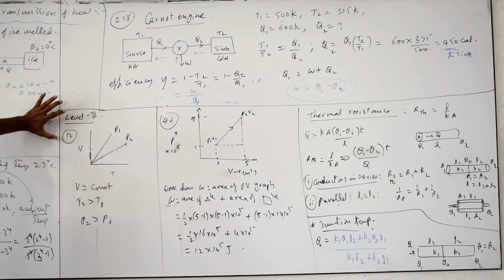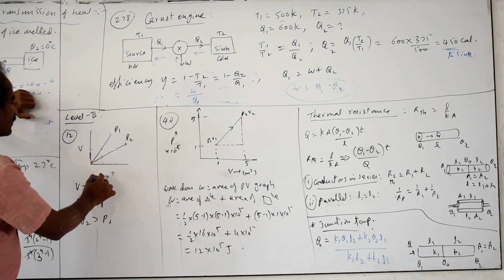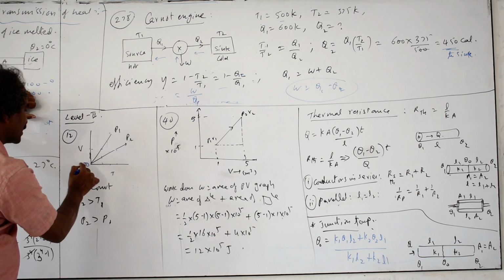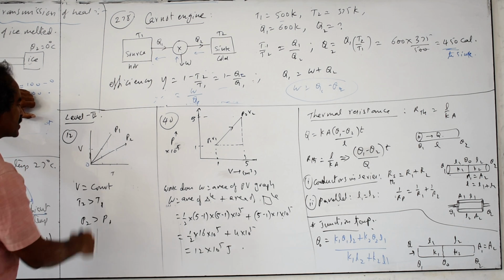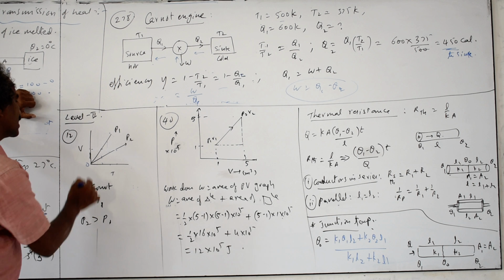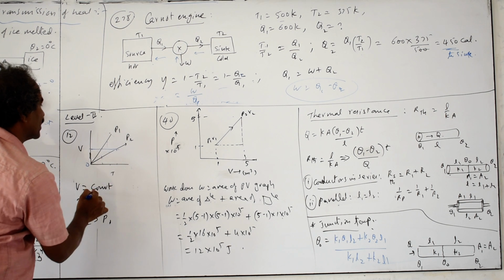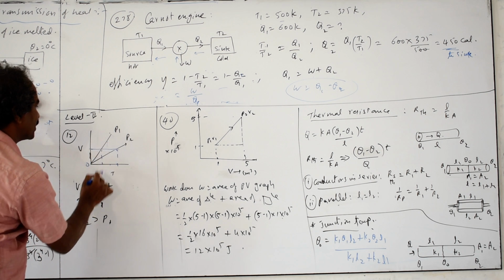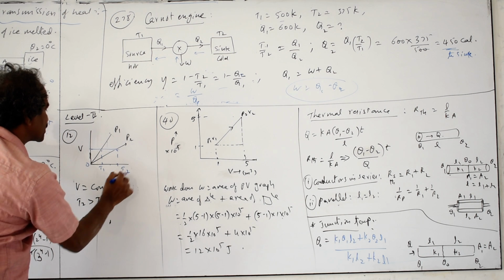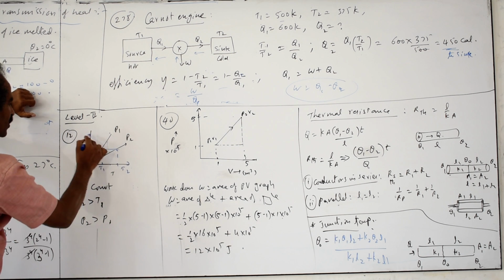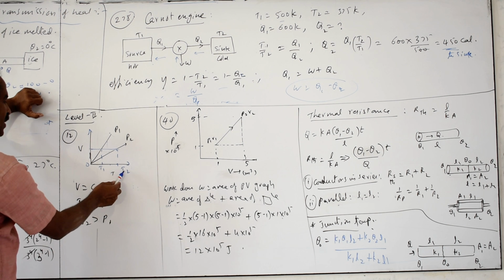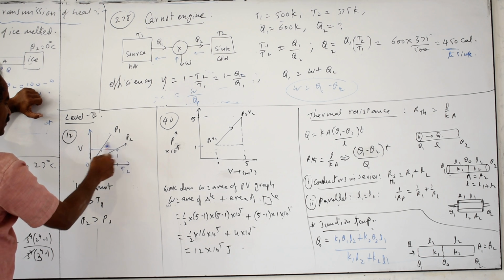Next, level 2 problems: VT graphs. All the graphs are important in these, and percentage problems are very important ones. Here a VT graph is given for two different pressures, but you have to keep something constant because comparing three variables will be difficult. So we take T constant, or V constant. For example, I am taking V constant. For the given V, you get two T values for P1 and P2. P1 temperature is T1, P2 temperature is T2. Temperature is increasing away from the origin, so T2 is more than T1. T2 corresponds to P2 when V is constant.